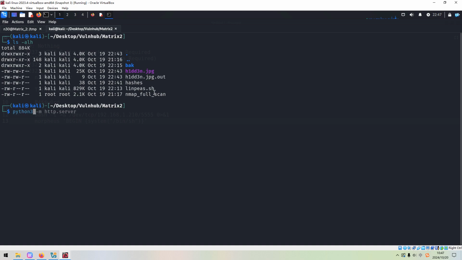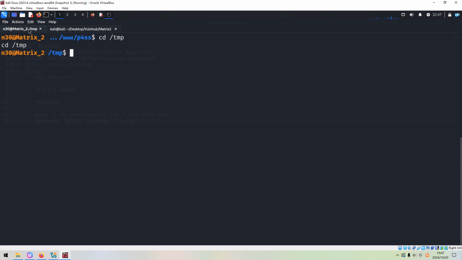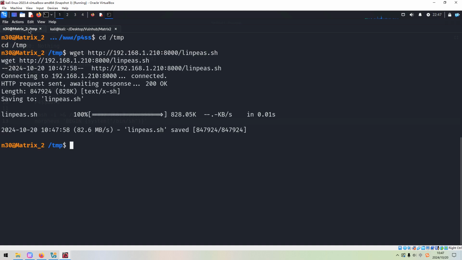So next we need to set up the web server on the Kali Linux. And then we can go back to the shell to use wget to upload. It's done, and we need to make it executable, and then we can run it.